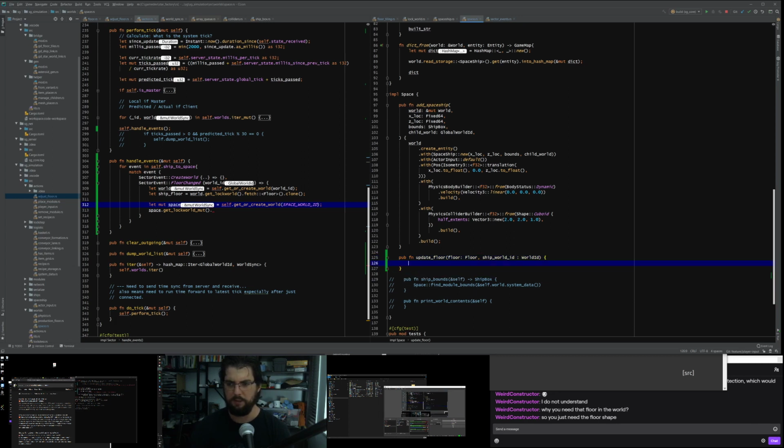And with this we can now go through, and we need a copy of the immutable world that we're going to change. And then we need to go through all the entities from the world.